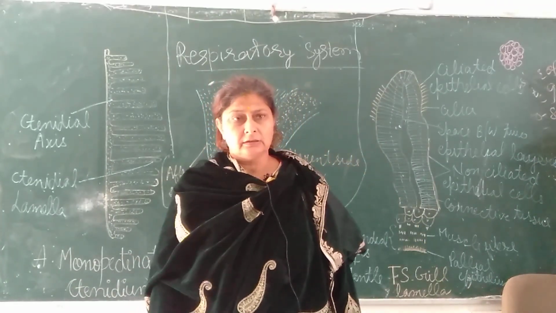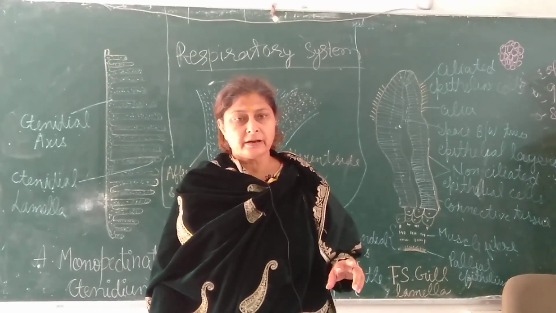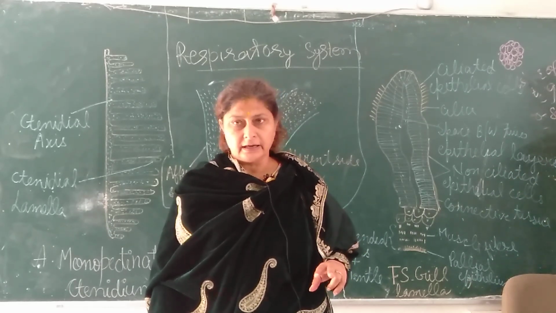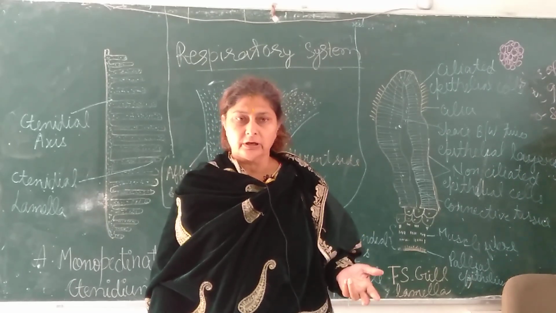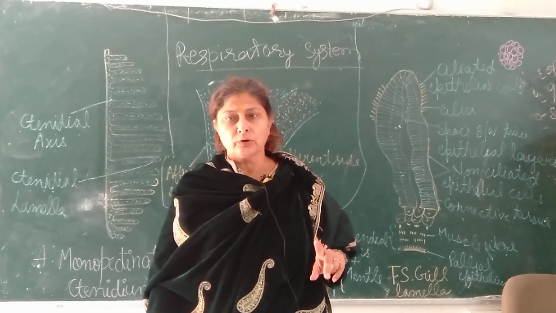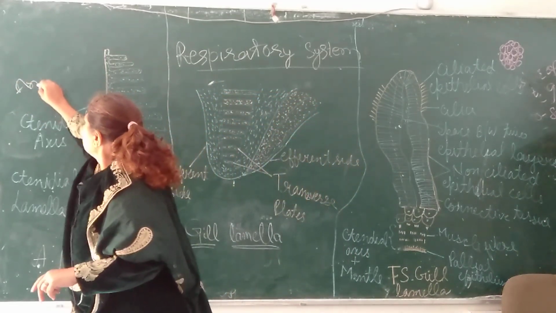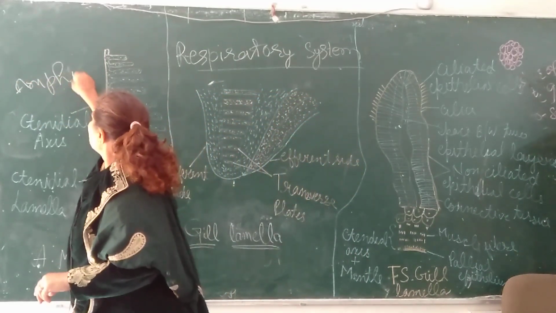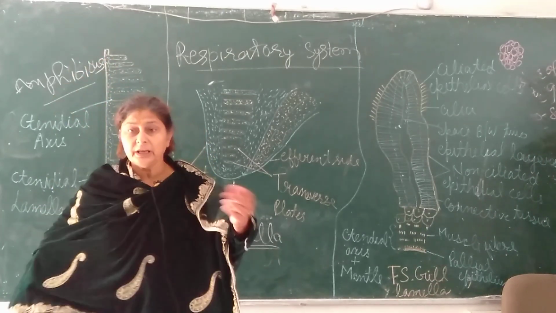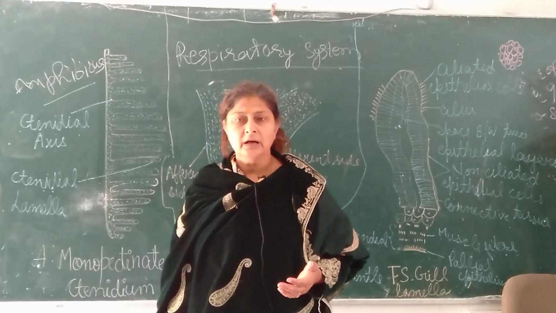The pila has a dual type of respiration. It can respire when it is on land, that is by the lungs. When it is in the water, then it is by the gills. Both types of respiration make it amphibious in behavior. Amphibious means it can respire equally in water as well as on land.